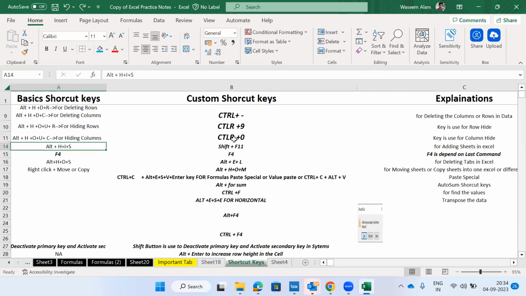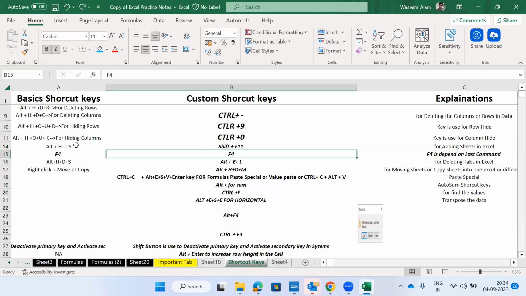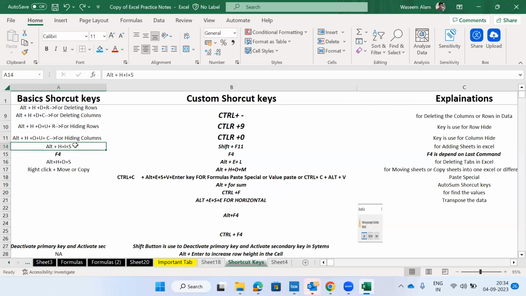If you're doing some task, you will always use custom shortcut keys, but you have to know the same thing in basic shortcut keys. Okay, this is basic, this is advanced. So now again, Shift plus F11 and Alt H I S, these two shortcut keys work the same for the same thing,